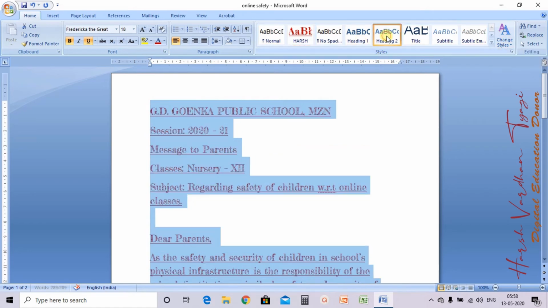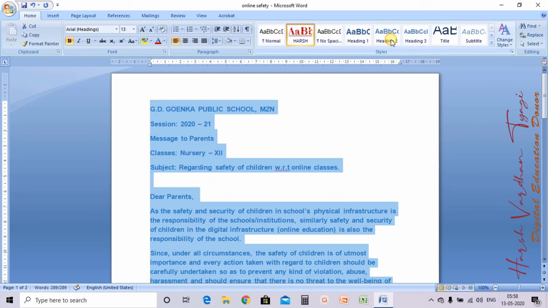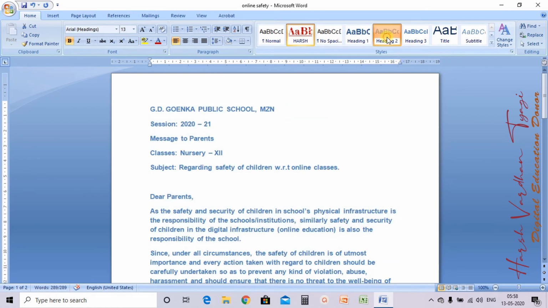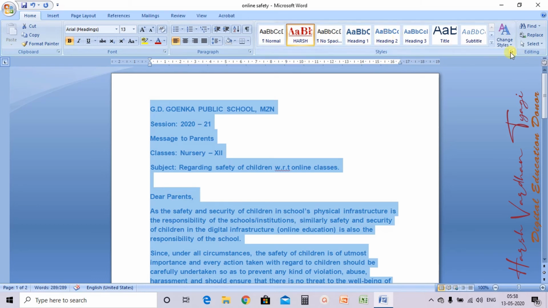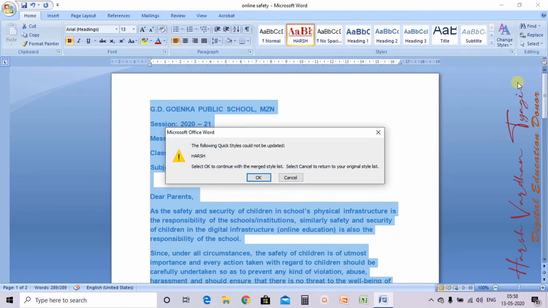Suppose this one, I am making this style, this heading, and set as default.